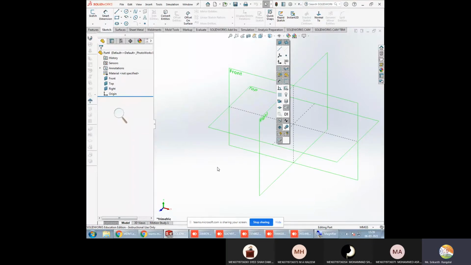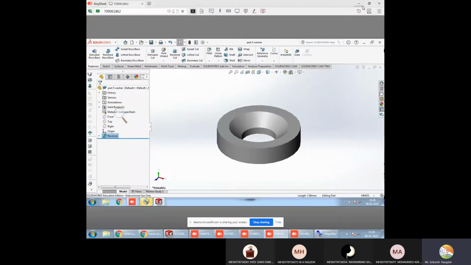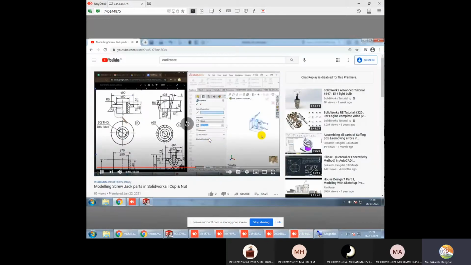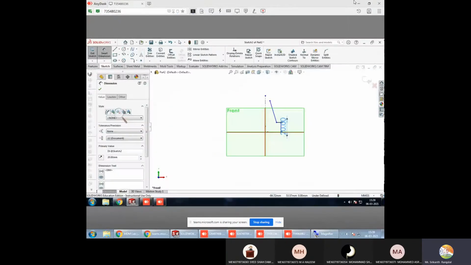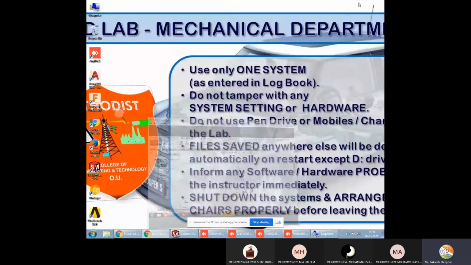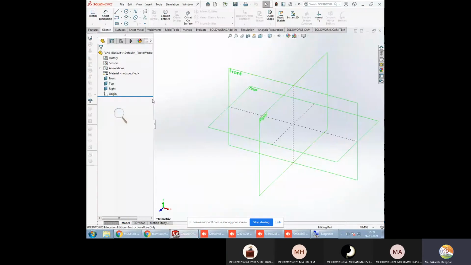Some sound is coming up. That's the video and you can see this time it has not automatically selected the axis and the cross section. So this sometimes happens, as I explained in the previous video. Okay. So sound is coming from anydesk. Right. So we have started this part.